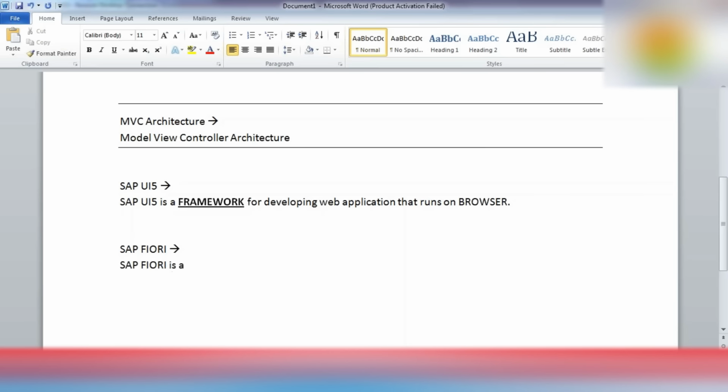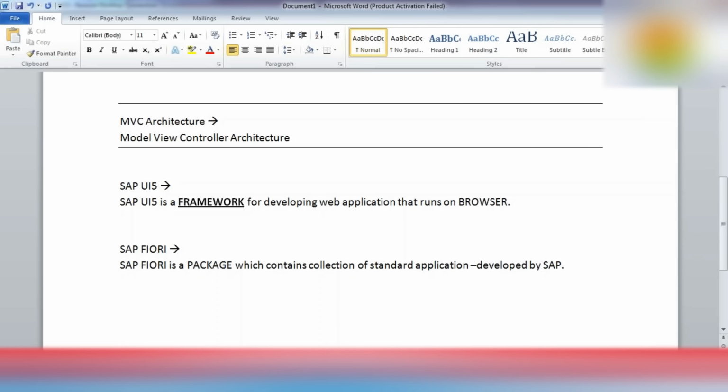SAP Fiori is a package which contains a collection of standard applications. These standard applications are all developed by SAP itself. Those standard applications delivered by SAP are called Fiori.